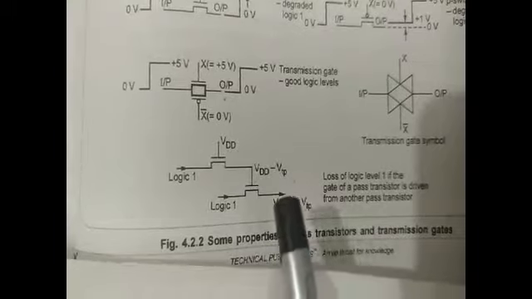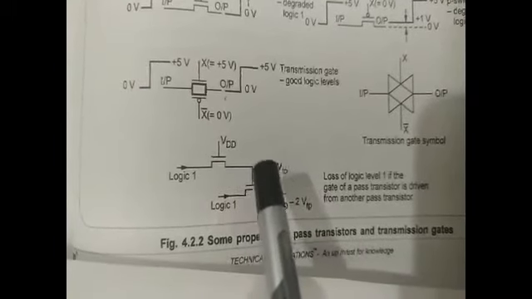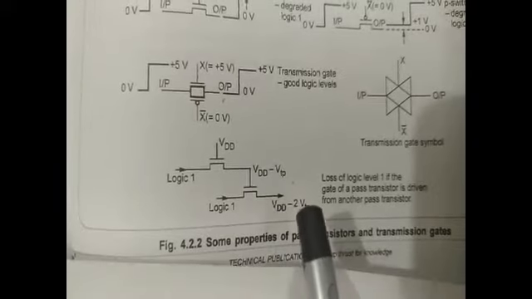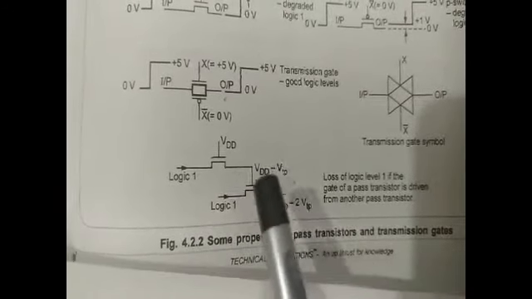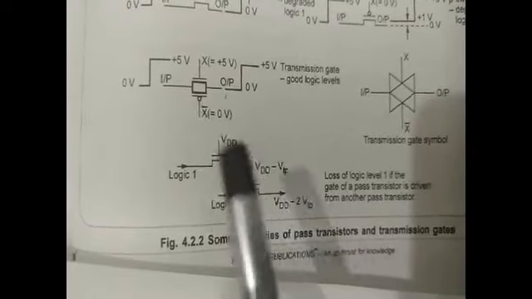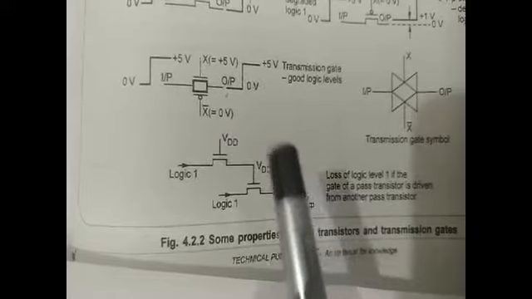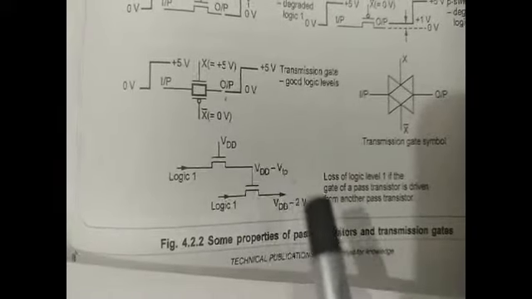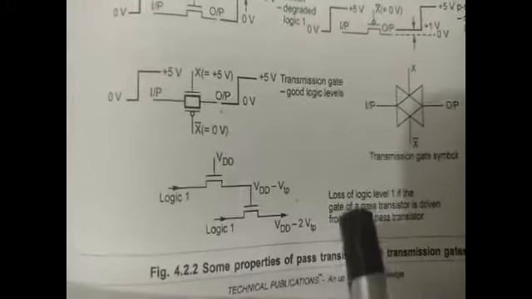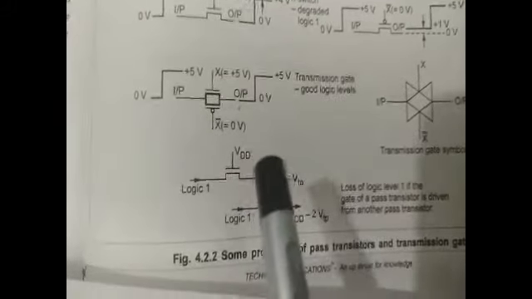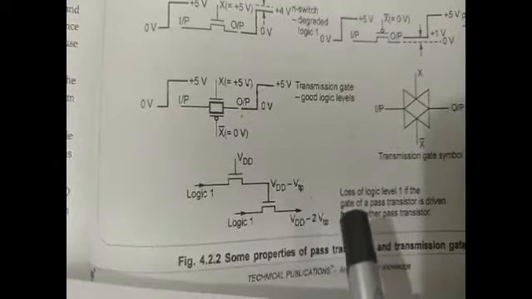Next it is VDD minus 2 VTP. Now the input is 4 volts, so next it is 5 minus 2, and you will be getting 3 volts. In this fashion the threshold voltage drop keeps occurring, and at the last we would get 0, but that will not happen. Normally it will be a 0.1 or 0.2 threshold voltage drop.